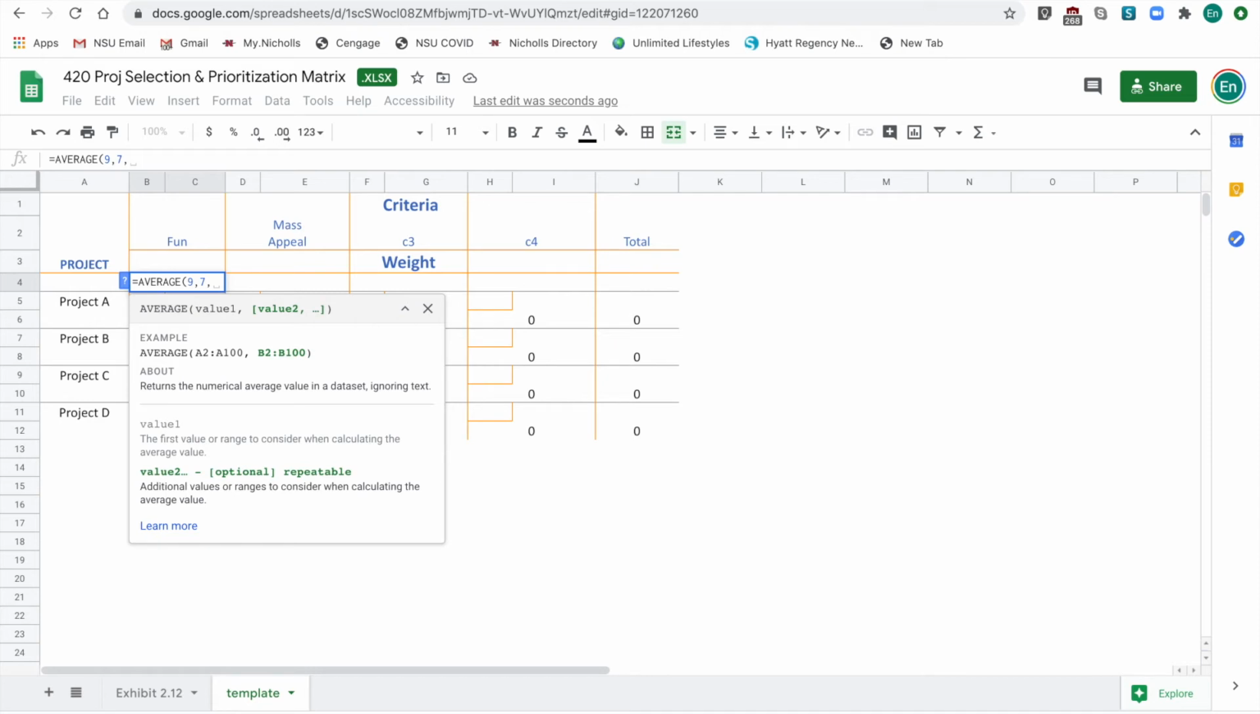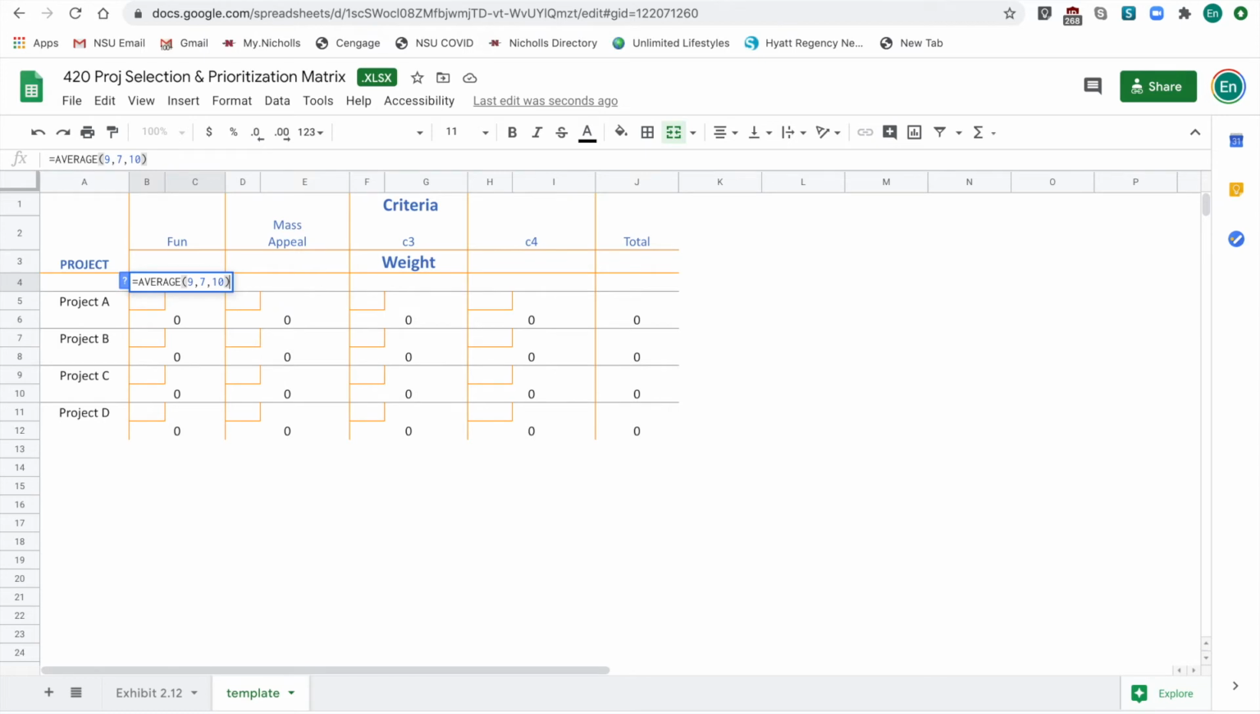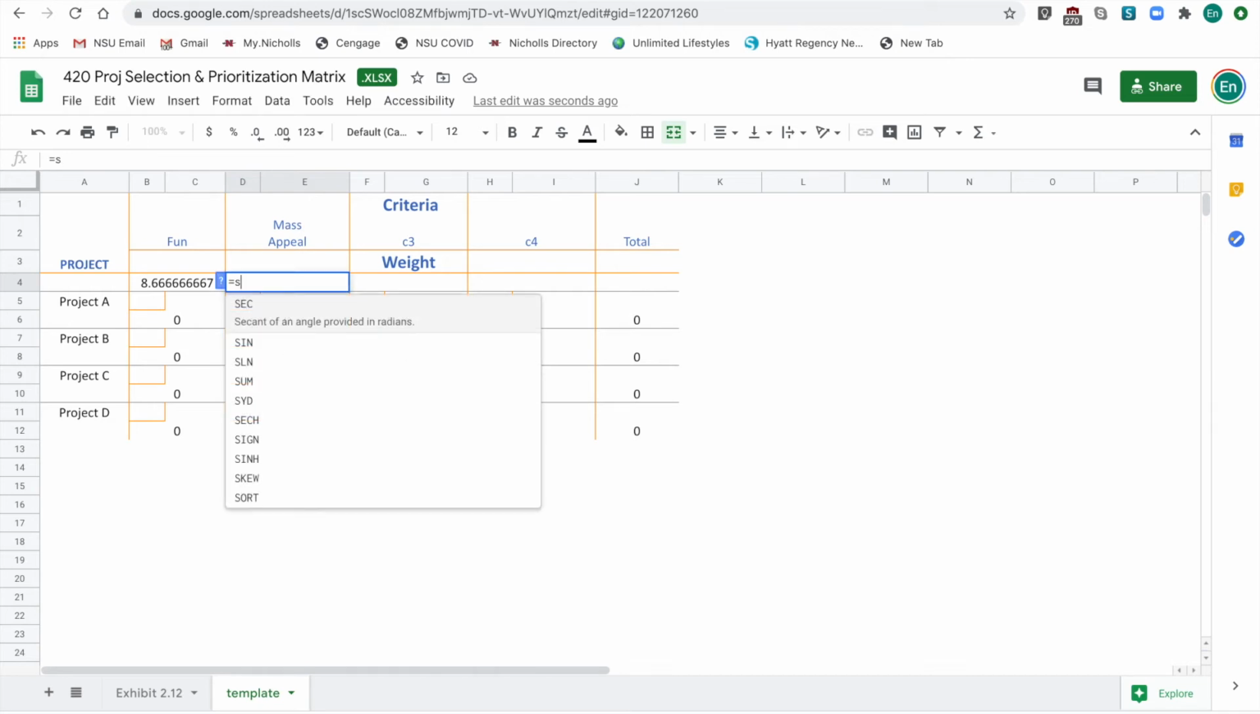Another person said the fun is extremely important, so it's at 10. So it's going to average out these 3 criteria for you. Okay. And then you do the same thing for mass appeal. How important is this factor for your project? And you again take the average